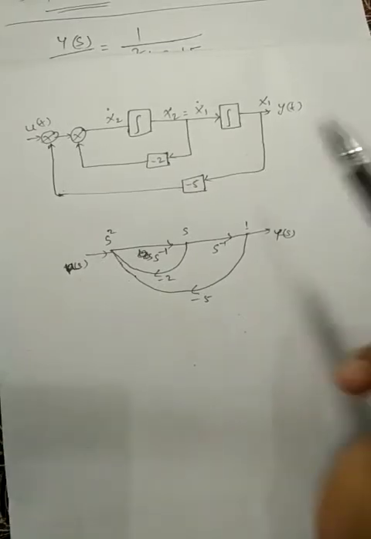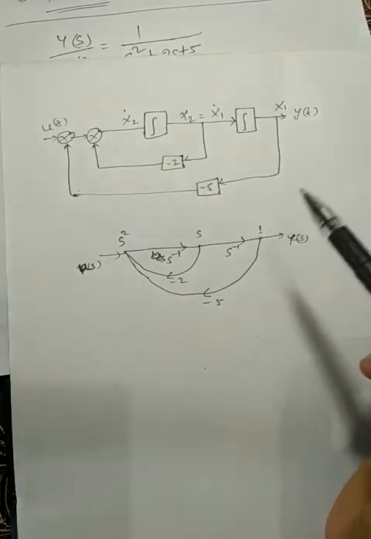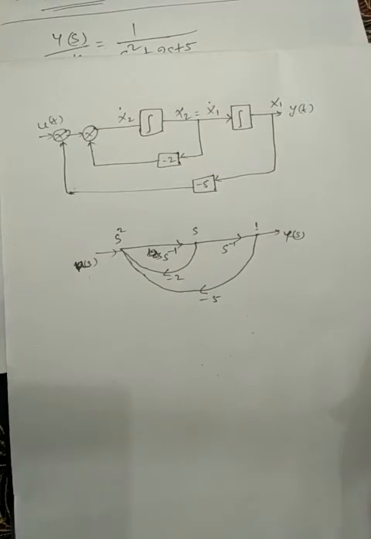So here is the way that we'll make a signal flow graph: we'll find the signal flow graph from a block diagram in state space analysis. Okay. Next question,